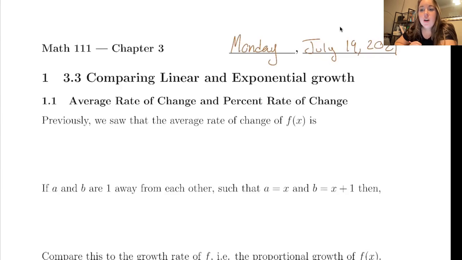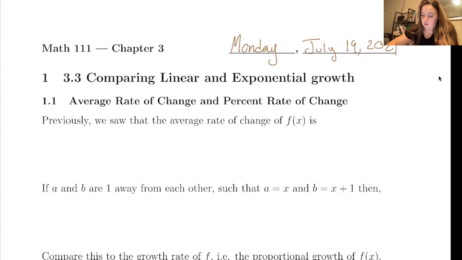Alrighty. So now we're on 3.3, comparing linear and exponential growth, right? So 3.1 kind of defined what exponential growth and decay are. In 3.2, we talked about changing the time period from maybe like 3 hours to 15 minutes and stuff like that. And then we saw how we could apply that to interest rates and compounding interest. So now,